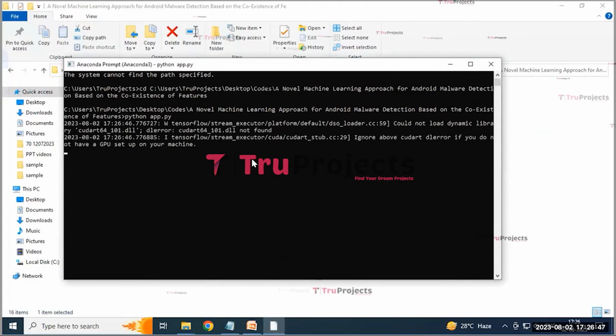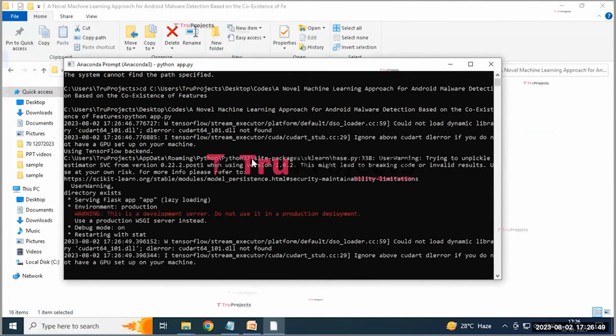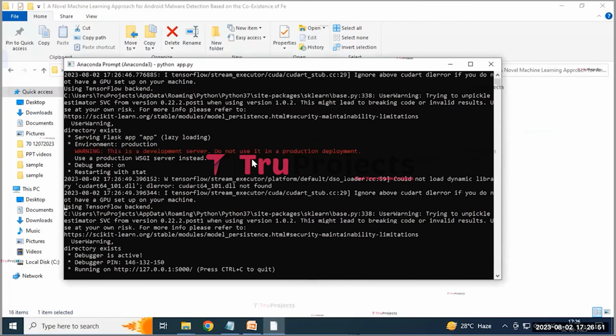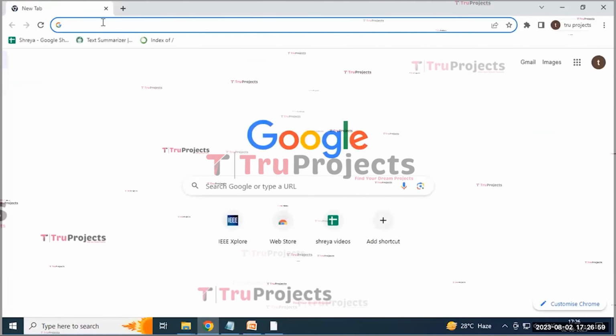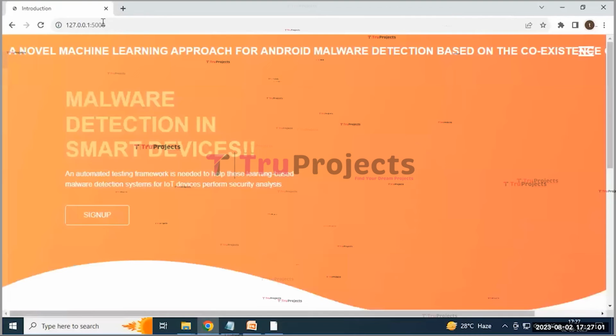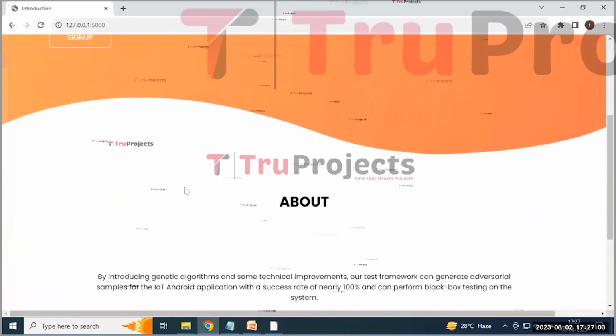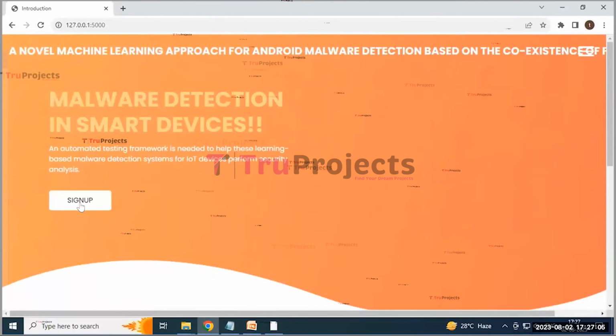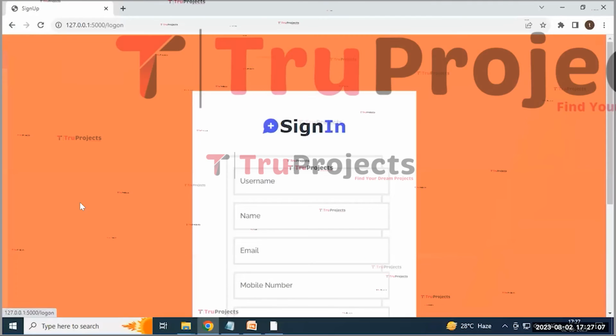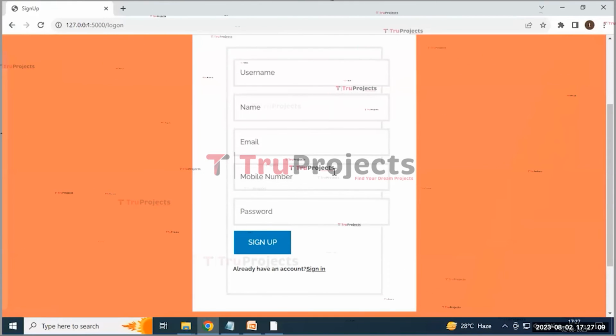After running this app.py file, the Flask framework will host the application locally at the default address like this. We need to copy this link and paste it in any web browser of our choice, and I prefer to use Google Chrome. I'm pasting this link and then clicking on the enter button. Here we can see the title of the project and the sign up button. Click on the sign up button, it will redirect you to the sign up page